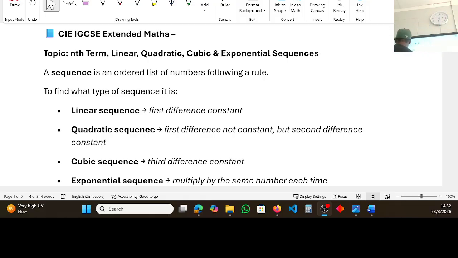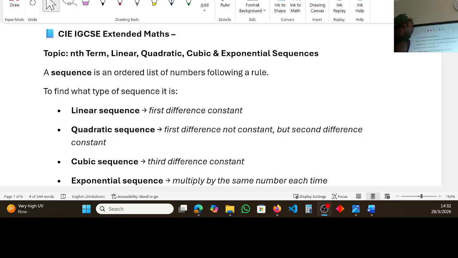Here, that's the topic: nth term, linear, quadratic, cubic, and exponential sequences. Now, we are given a definition here. If we talk of a sequence, it's an ordered list of numbers which follows a predefined or specific rule. Now, to find a type of sequence, if it's linear or arithmetic, we look at the first difference, just to